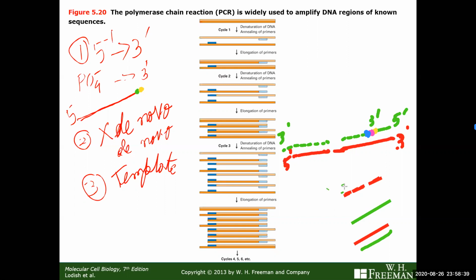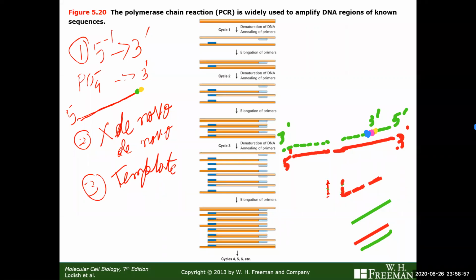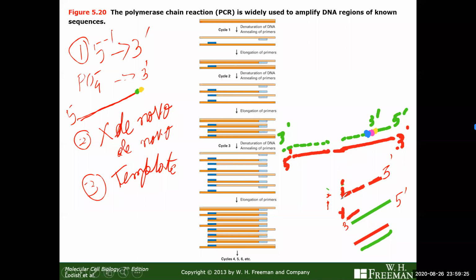So if they knew that this is 5 prime to 3 prime, and this is 5 prime to 3 prime, they will design primers such that this will be 5 prime to